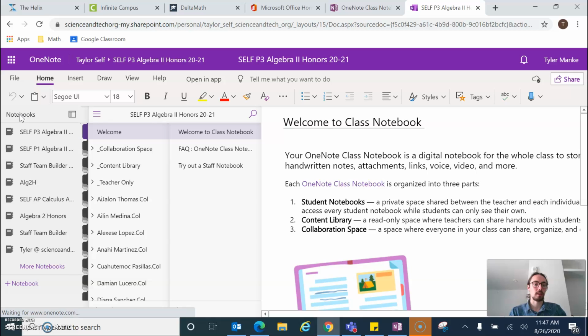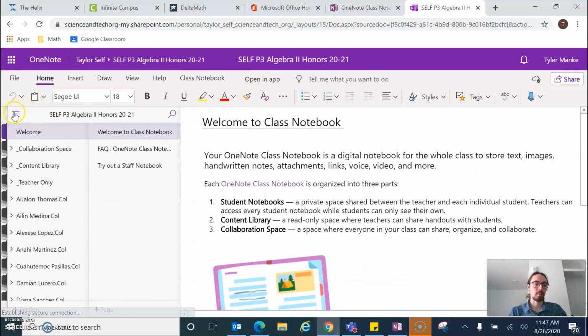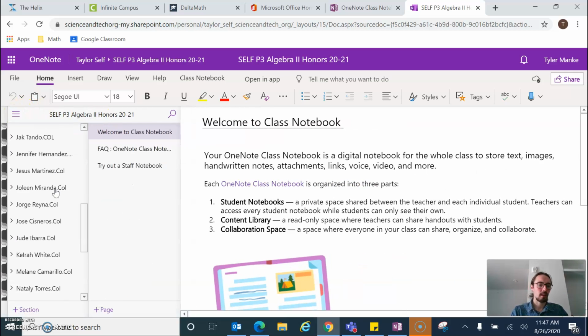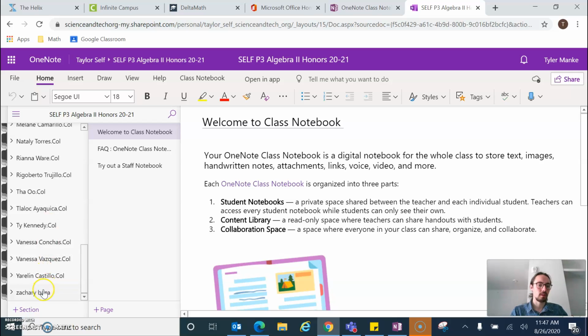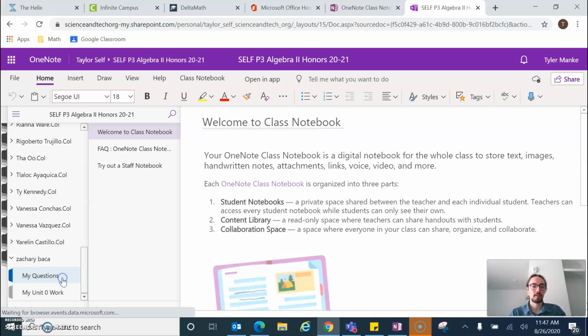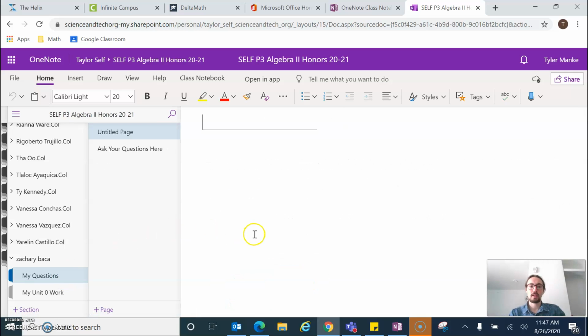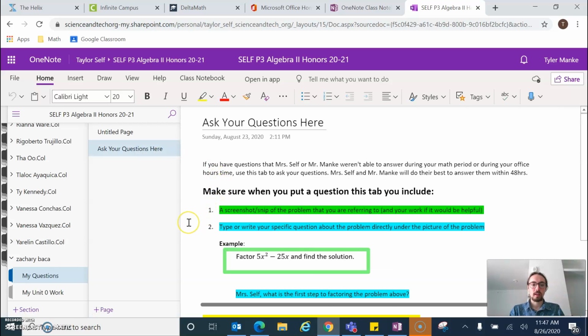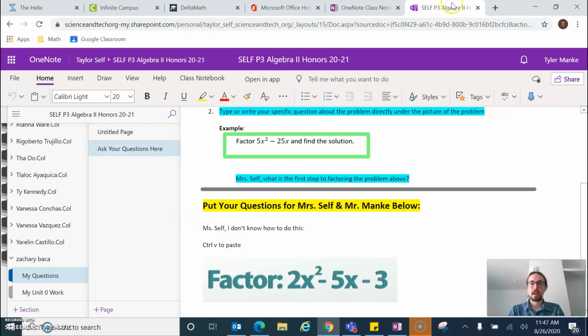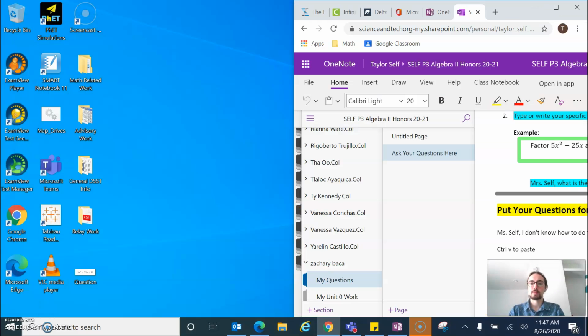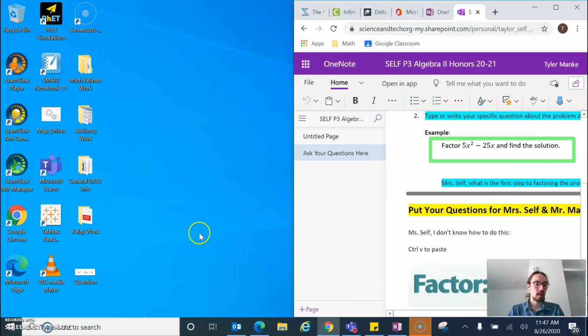Sometimes you need to click the 3 bars to get everything to populate, but I'm going to go down to, I'm going to pretend that I'm Mr. Baca here, and when I click my name, a little thing comes up, my questions, and now I'm like, okay, I'm going to ask a question. Ask your questions here. Select that page, and now I'm going to split screen, just pull it over to the right, and I'm going to say, okay, I can open this,